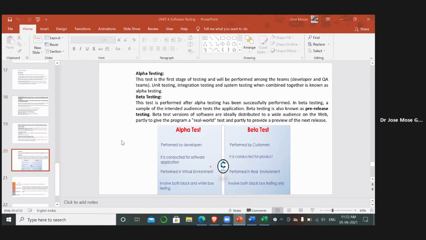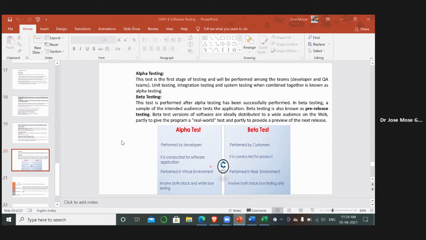Once all the beta testing, all the pre-release testing is completed, then they will release this product to the customers, to the real world. Why they release after beta testing is that once the beta testing gets a good satisfaction report, automatically the customers will be satisfied.